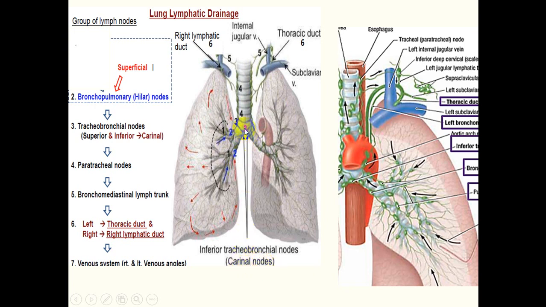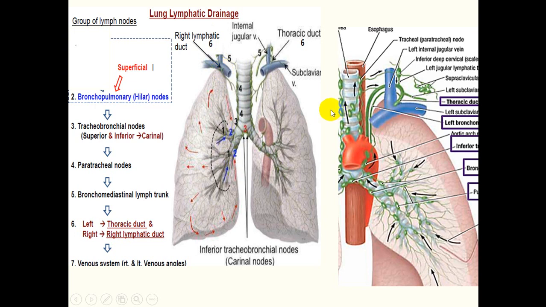Further, efferents from here drain into the paratracheal lymph nodes, leading to the formation of the large lymph trunks, the bronchomediastinal lymph trunks. They drain on the left side in the thoracic duct and on the right side in the right lymphatic duct. And from here, the thoracic duct drains into the left venous angle, which is the angle between the left internal jugular vein and left subclavian, shown here before they make the brachiocephalic trunk. And then the right lymphatic duct is going to drain into the right venous angle here.